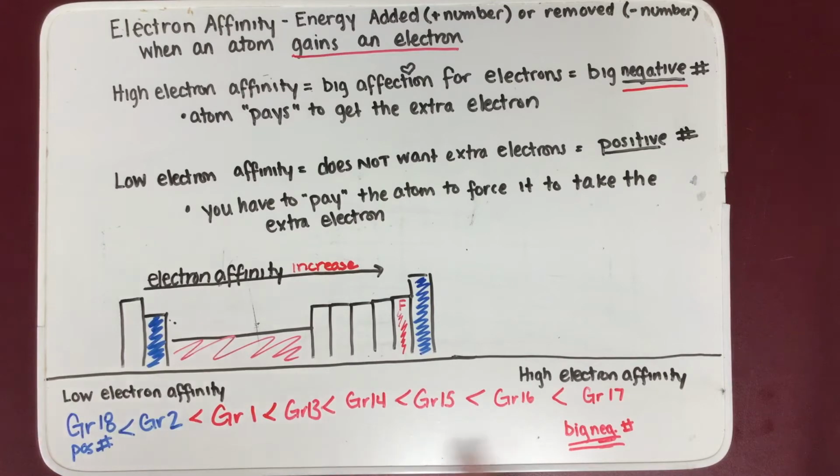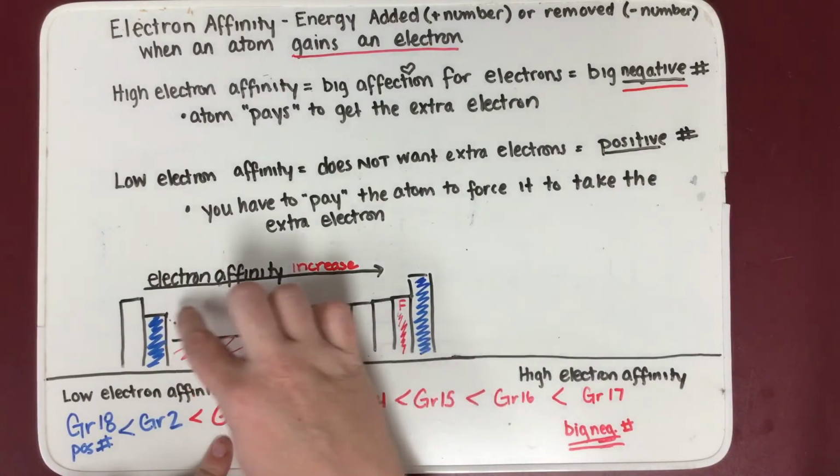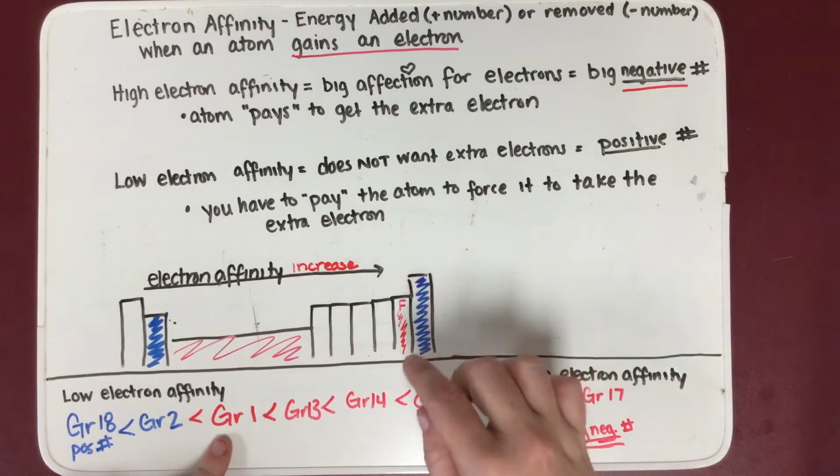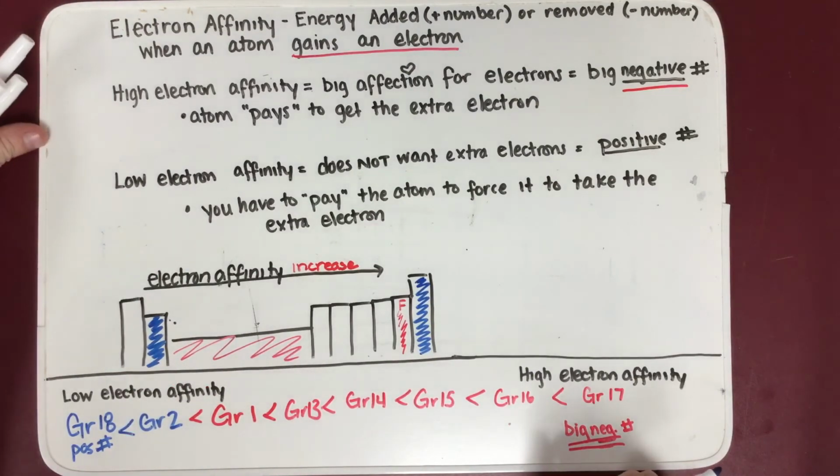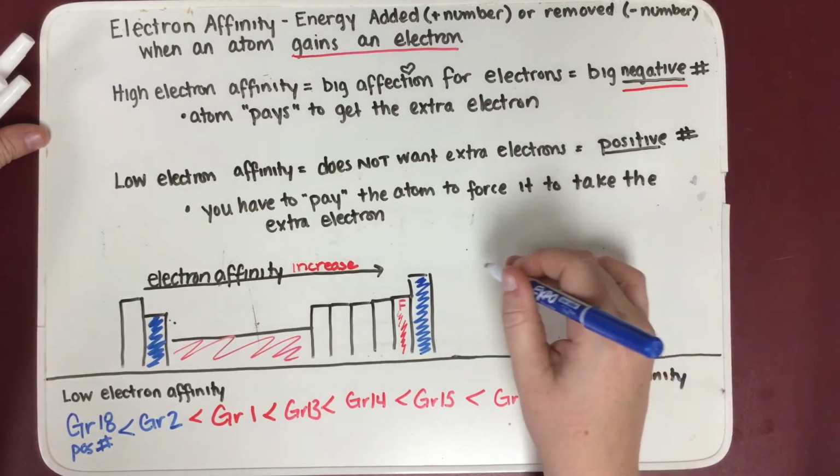So if we look at this and we try to figure out what is it about group 18 and group 2 that means they really don't want another electron, whereas all of the other groups, they're all right with it, and it gets bigger and bigger, or more and more negative numbers as we go across. And in order to easily figure this out, we really just need to think about our orbital notations. Let's look at